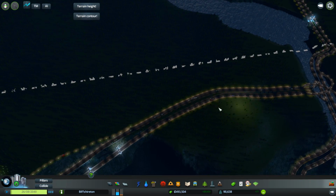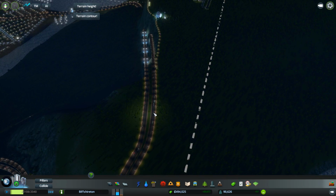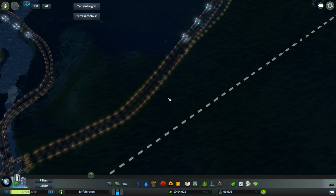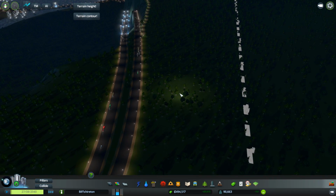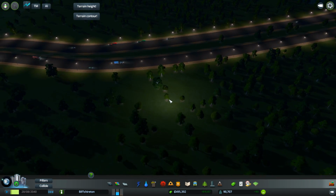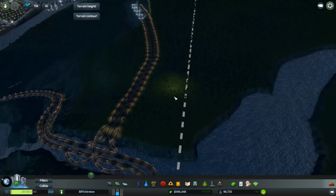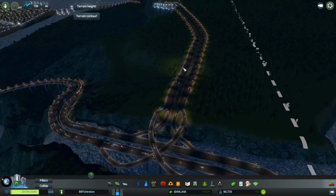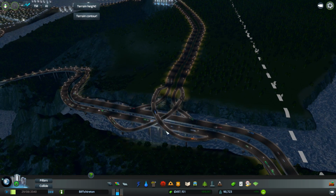I mean, we've got these two main roads here. We could have a little spur, a couple of road junctions that come off. I'm trying to think what's going to be the best way to do that. I don't necessarily want to add a big roundabout or anything like that, but we could have... Let's have a look. If somebody was coming up here and they wanted to go down here...